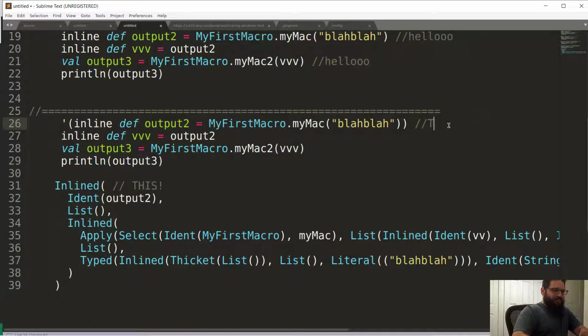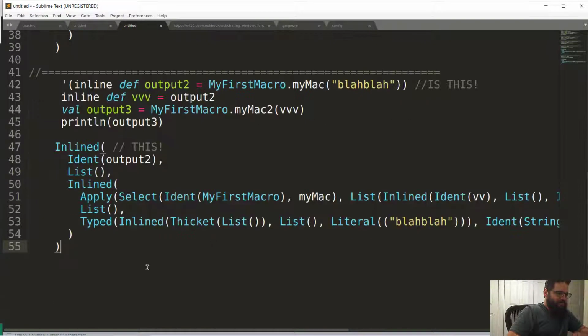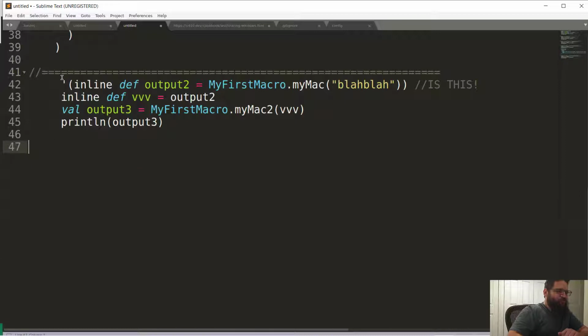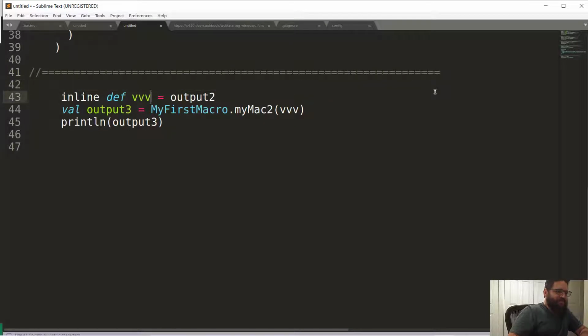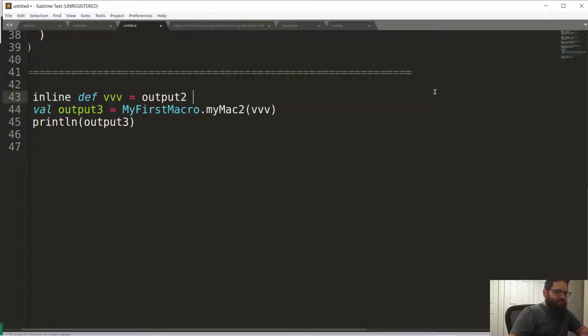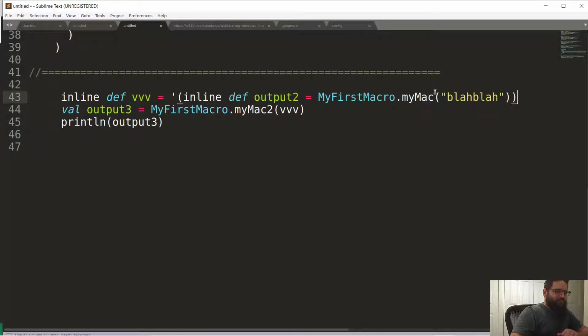This is this. Next step, what happened? We then took this whole thing and we swapped it into here. And now, once we swapped it into here,